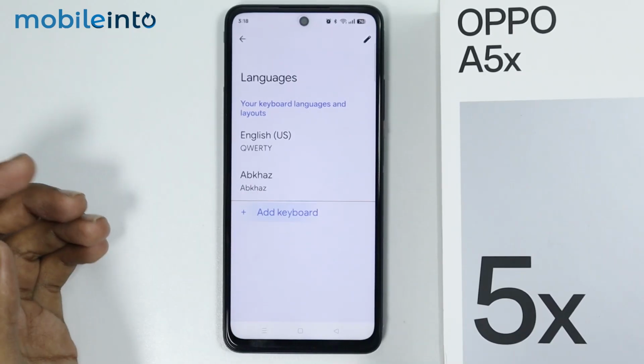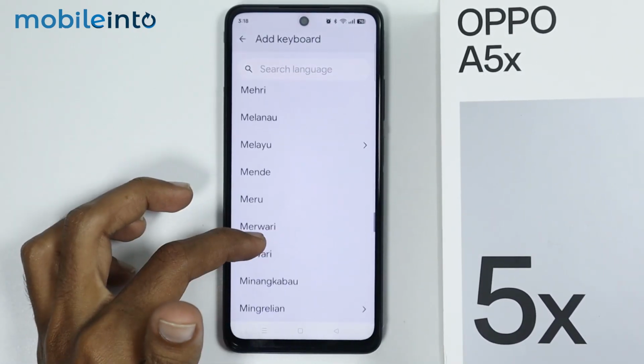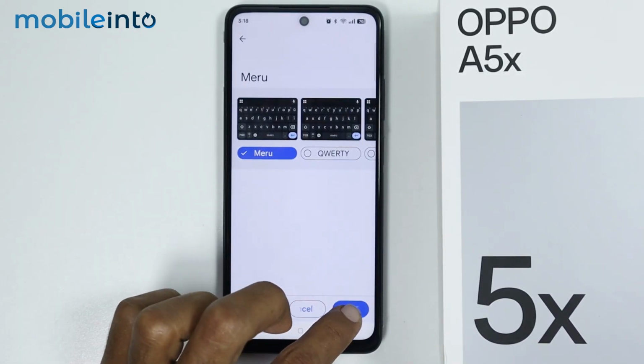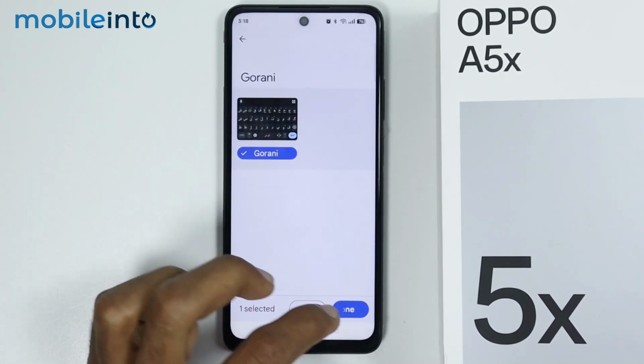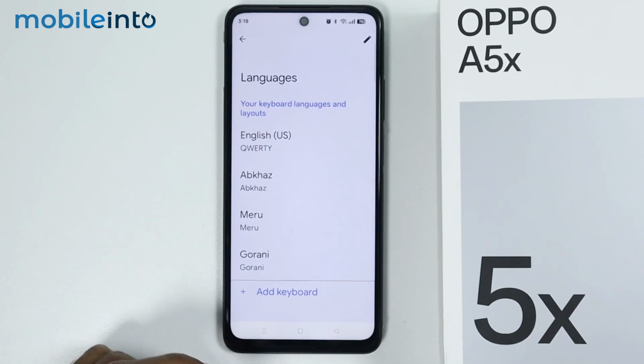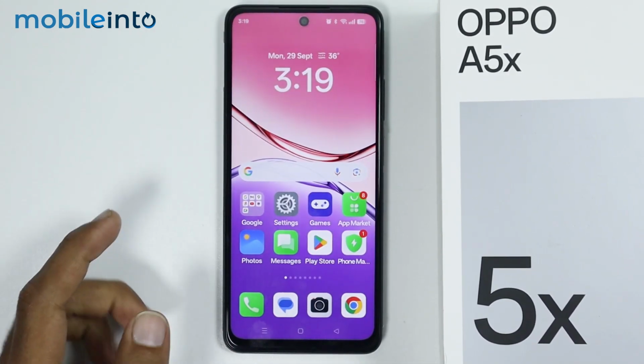Also, you can add multiple languages to your keyboard. For an example, I will select this language. Just like that. Now to switch between languages on the keyboard, just go to your home screen and open the